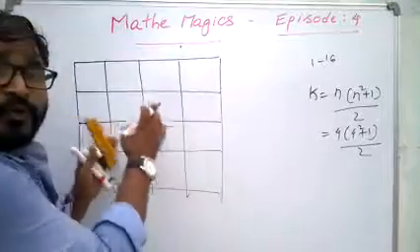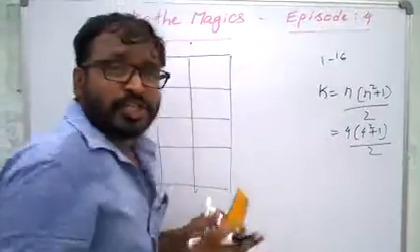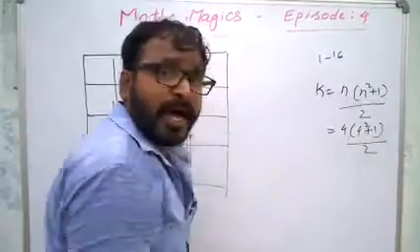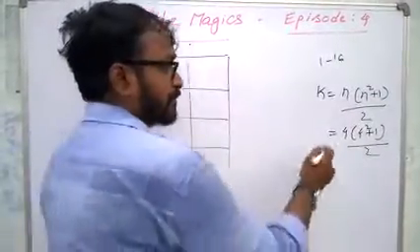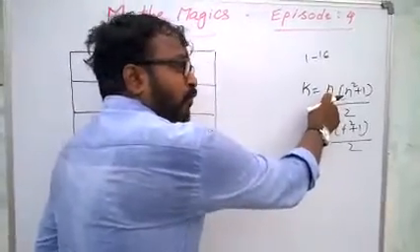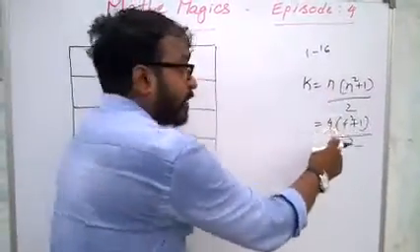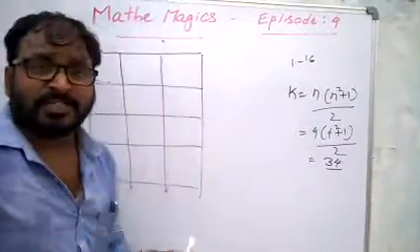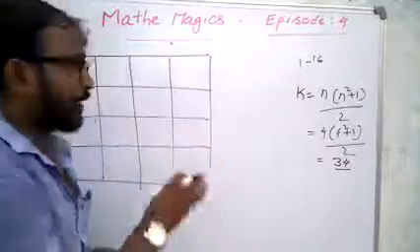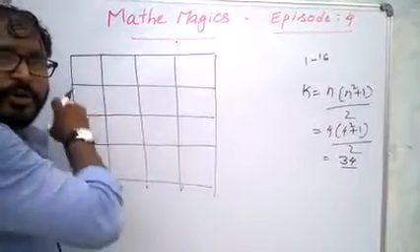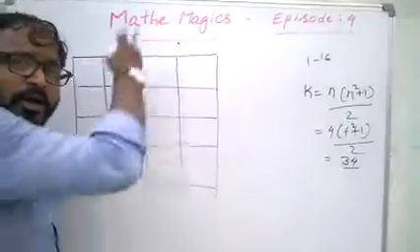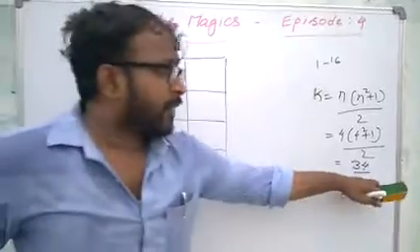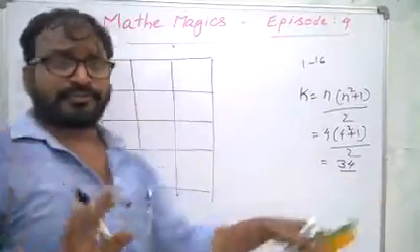So here in a 4 by 4 magic square, there will be 16 numbers, 1 to 16. We have to find first the magic constant by applying the formula n into n square plus 1 by 2. So substitute 4 in place of n. So 4 into 4 square plus 1, it results 34. That is the magic constant, that will be the sum of numbers in first row, second row, third row, that means fourth row, as well as all columns, as well as two main diagonals. The sum itself gives as a result of 34.